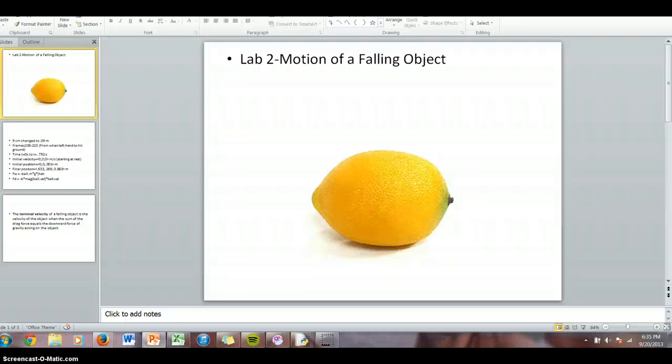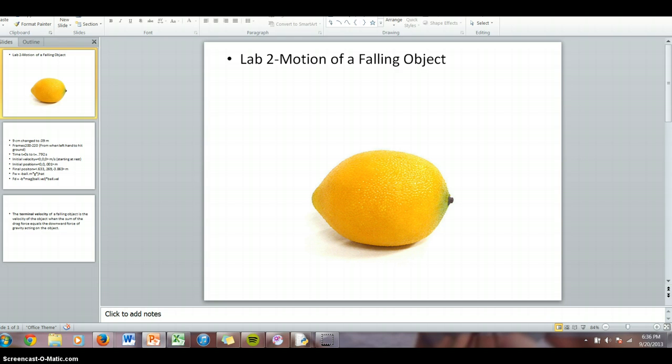Welcome to Lab 2. In Lab 2, we are to observe the motion of a falling object. We observed the motion of the object dropped from rest that fell at a somewhat slow pace straight down. We used Newton's second law to observe the effect of gravity and the drag forces. We were to model the effect knowing that the drag force is in the direction opposite of the direction of